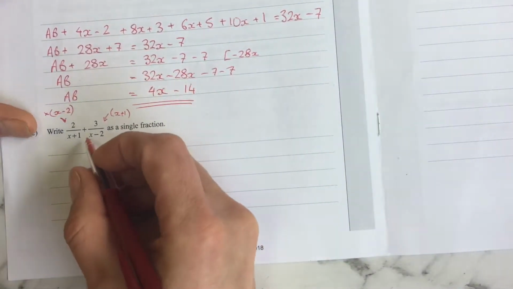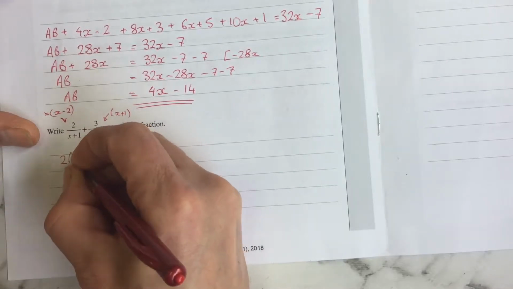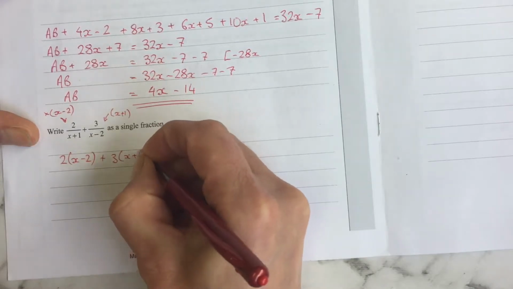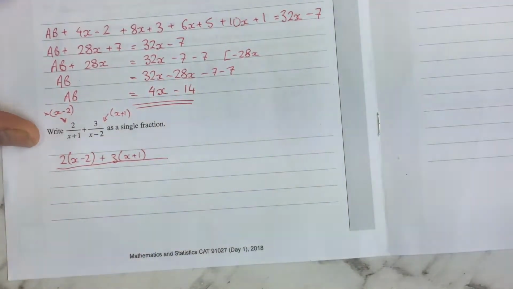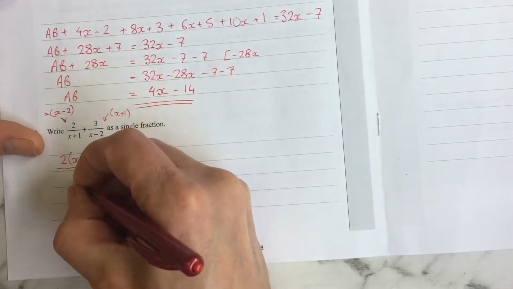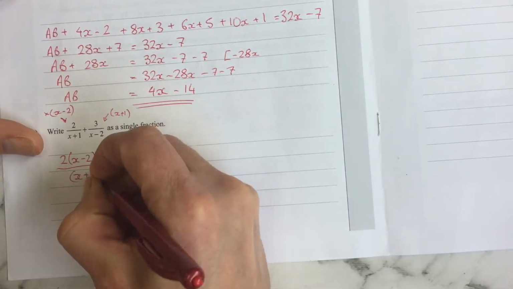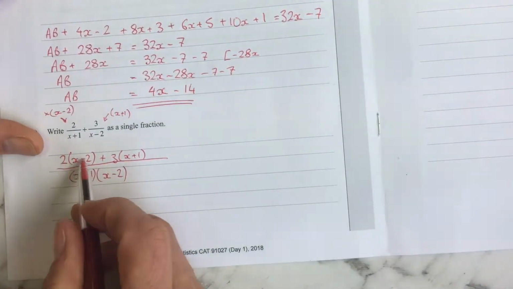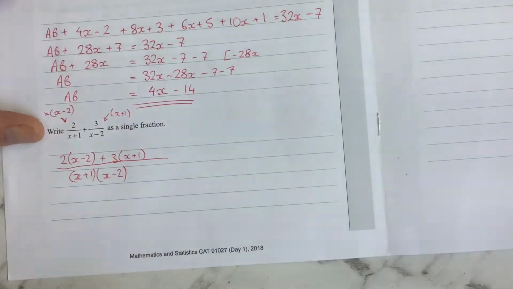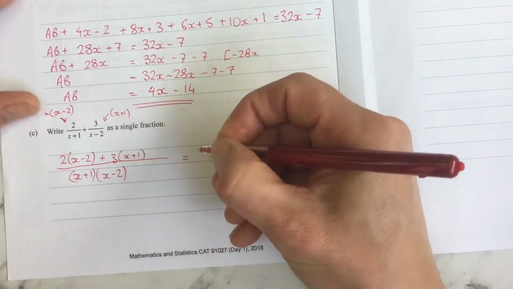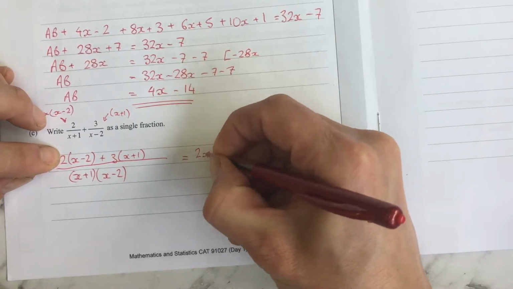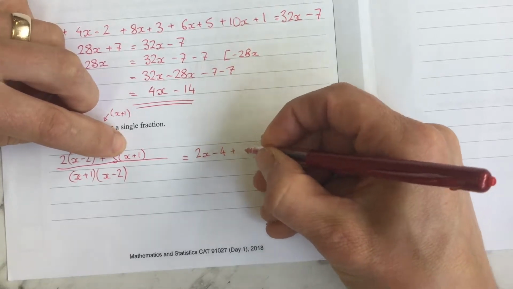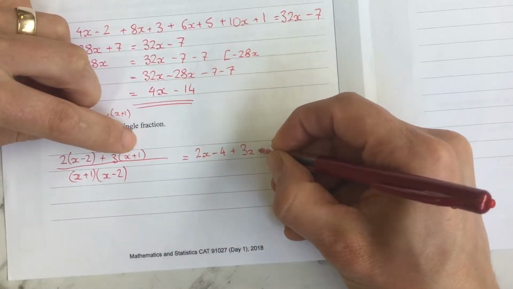So that's going to give me on the top 2 times x minus 2 plus 3 times x plus 1. And on the bottom, I'm multiplying both sides there. So now I need to expand the top, and I'm going to need to multiply the bottom. So equals 2x minus 4 plus 3x plus 3